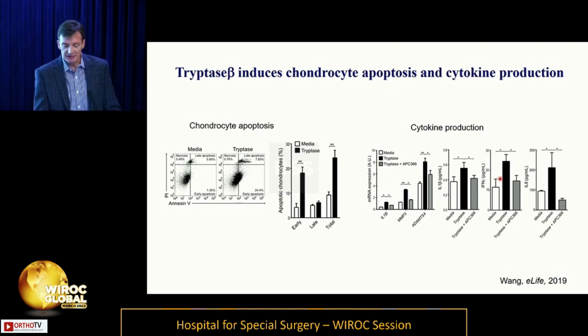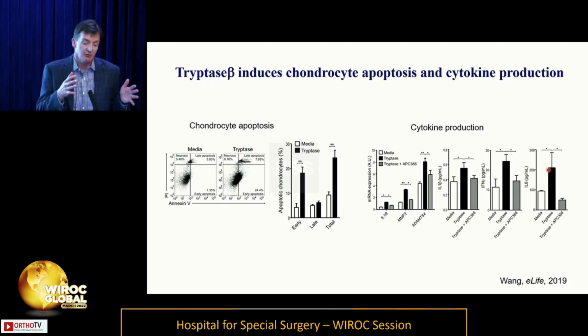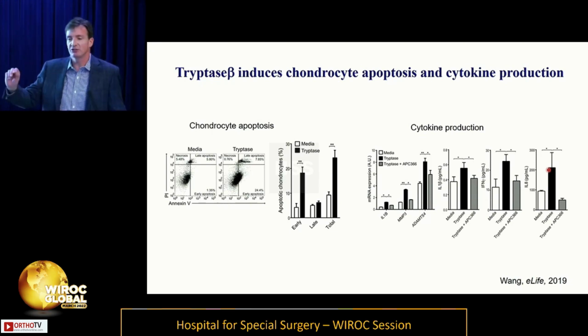And this is just looking at that cytokine production. Instead of this being by gene expression, this is by protein, showing the same thing. At the protein level, there's also an increase of a different set of cytokines, IL-1 beta, interferon, and IL-8. So we next asked, since we showed in vitro that tryptase seems to be promoting chondrocyte apoptosis, promoting chondrocytes to produce inflammatory and degradative mediators,